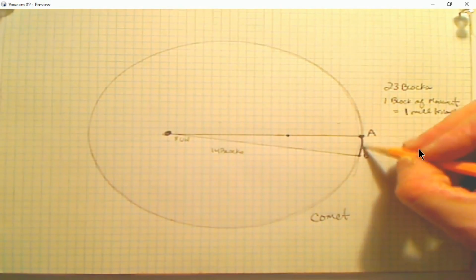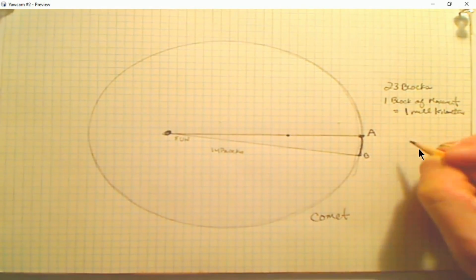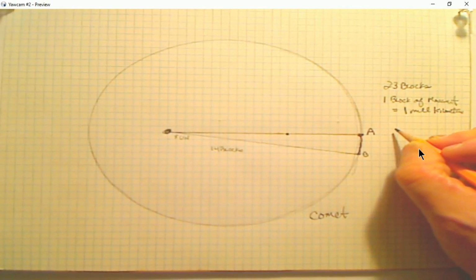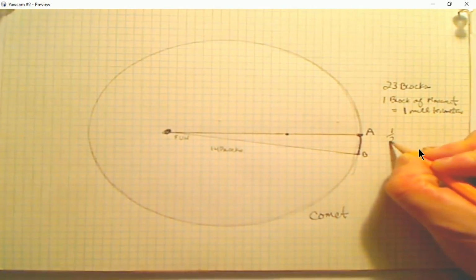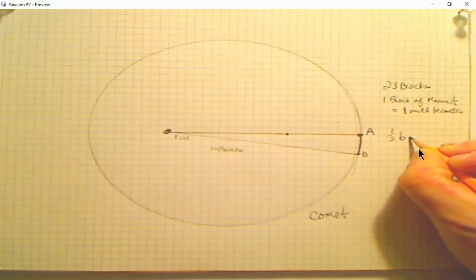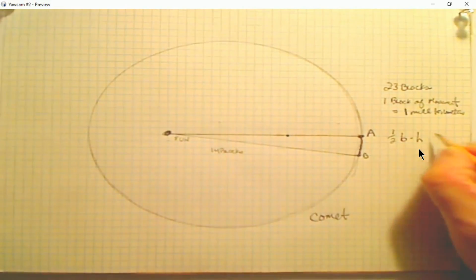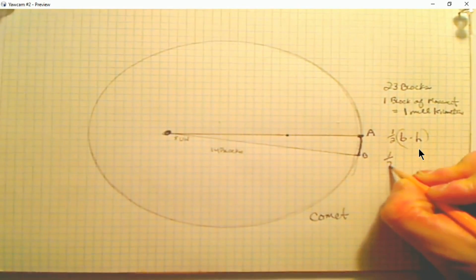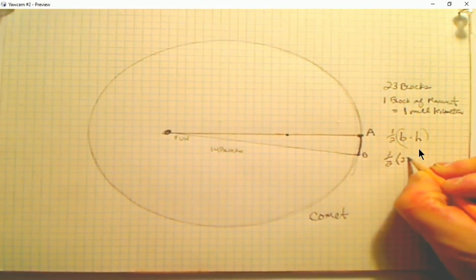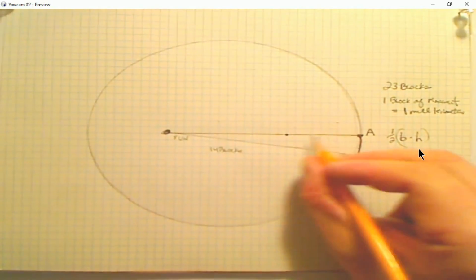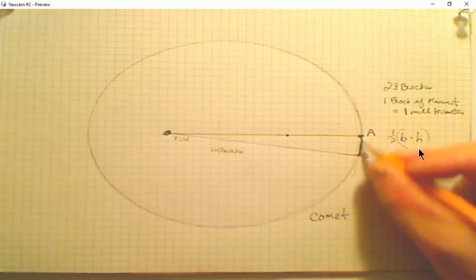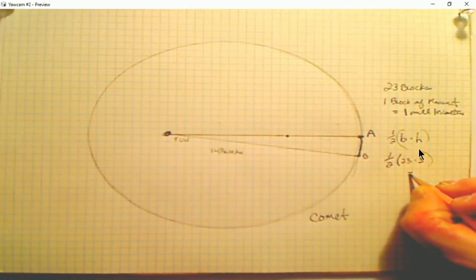And this is roughly a triangle, pretty close to a triangle in approximation. And of course, the area of a triangle is 1/2 base times height. 1/2 the base, this part, 23 times 3. We went 3 spaces. Gives us that area,